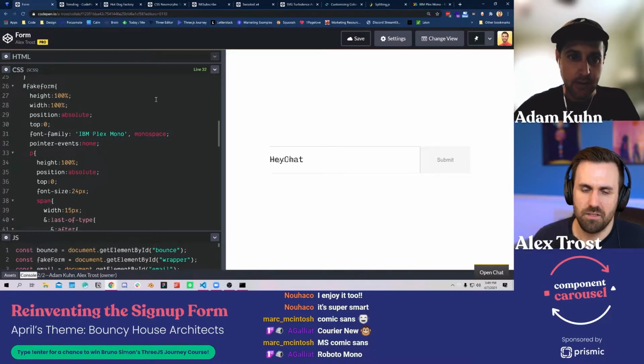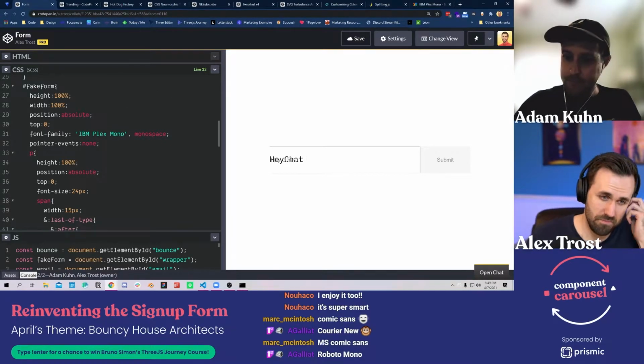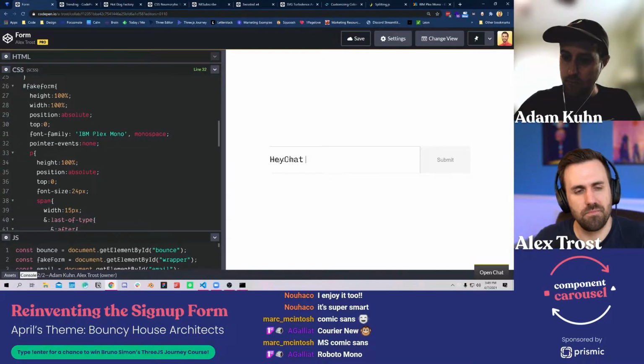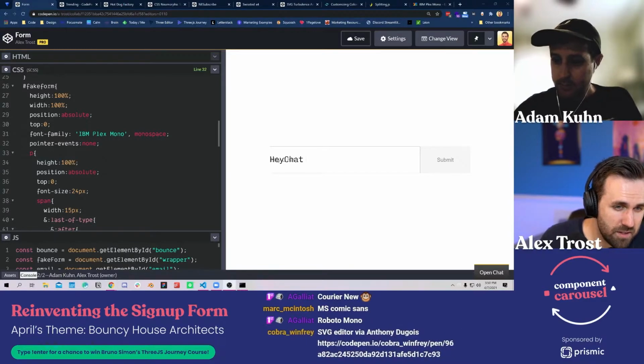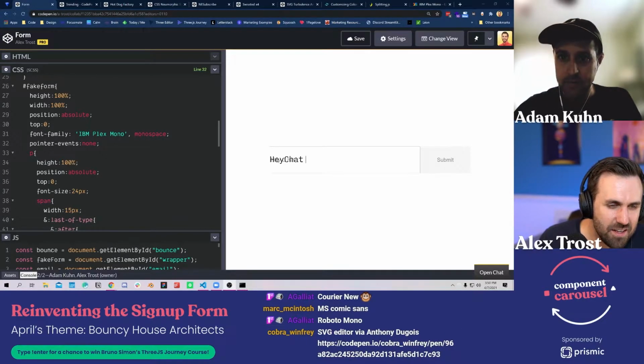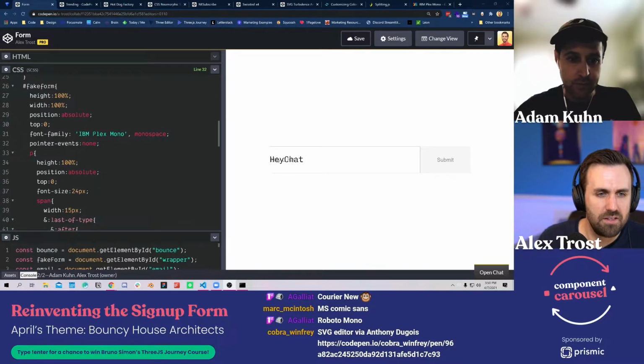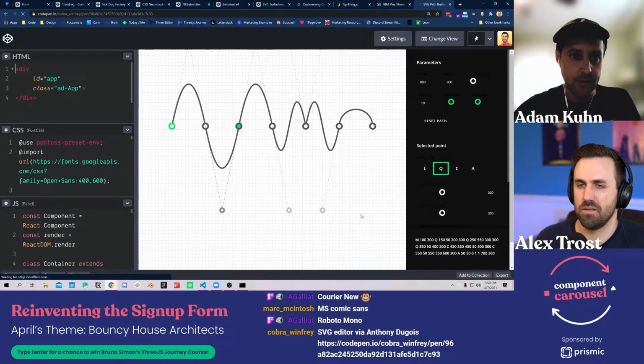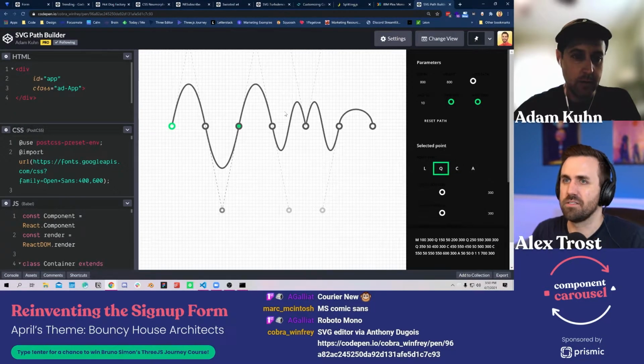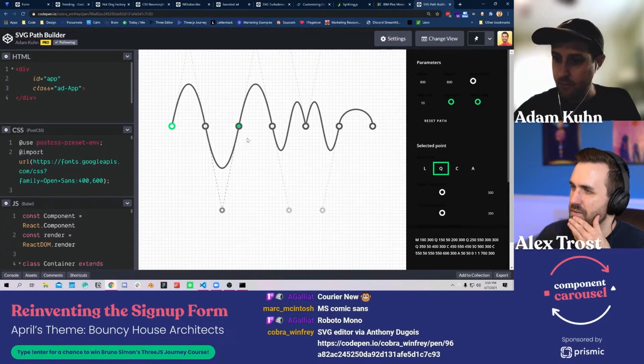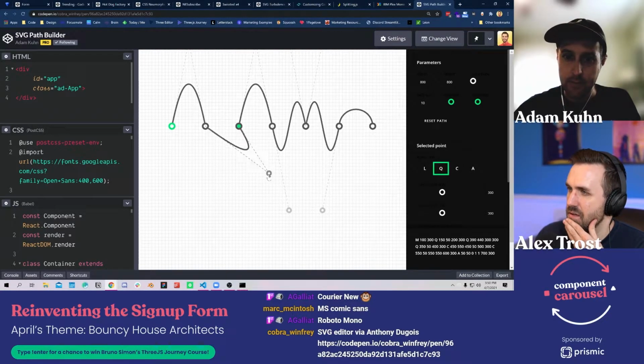Well, I actually modified his pen and have it here, which I'll throw into Twitch. His version was messed up as a result of something being changed with PostCSS. So I've done my best to fix it a little bit, and some of the commands weren't working properly. So this is what I'll use.